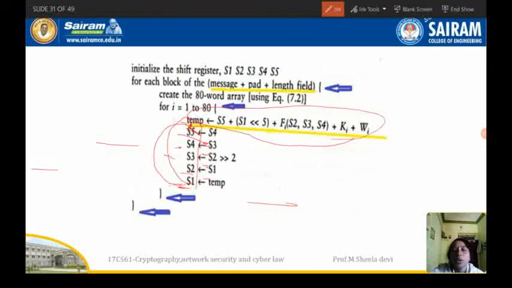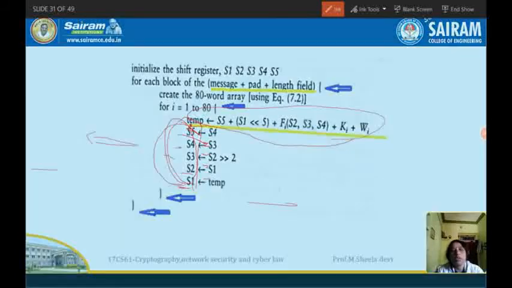So whatever values are stored at the final step after the 80th round in the shift registers S1, S2, S3, S4 will be the final message digest. So this is called the hashed value of the message which we have given.